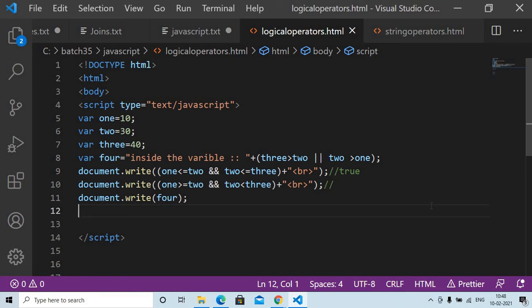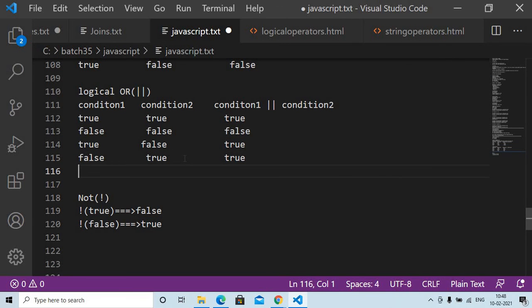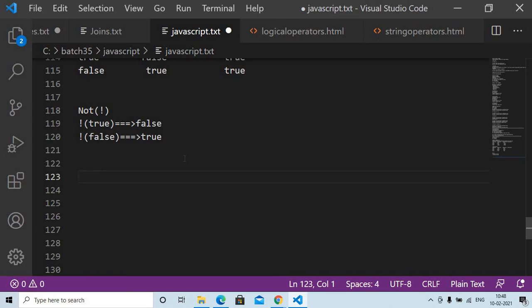Okay, so here you can use AND, OR, NOT same as before. Okay, so here also you can use AND, OR, but here only one